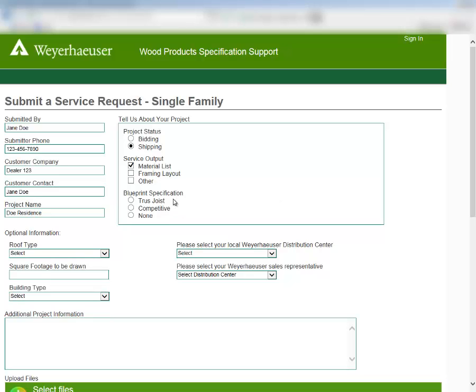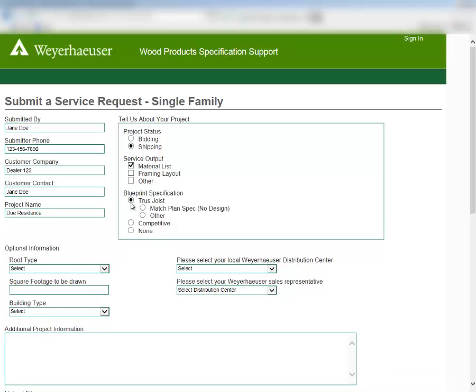Next, take a look at the plans that you will be submitting. We'll want to identify what kind of engineered wood products, if any, are called out on that request. If the Trust Choice products are called out on it, go ahead and select Trust Choice, and then let us know if you want us to match the specification that's called out on that plan, or if you want us to do something else, and you can add some notes here. I'm going to go ahead and say that we're just going to match that Trust Choice spec that's on the